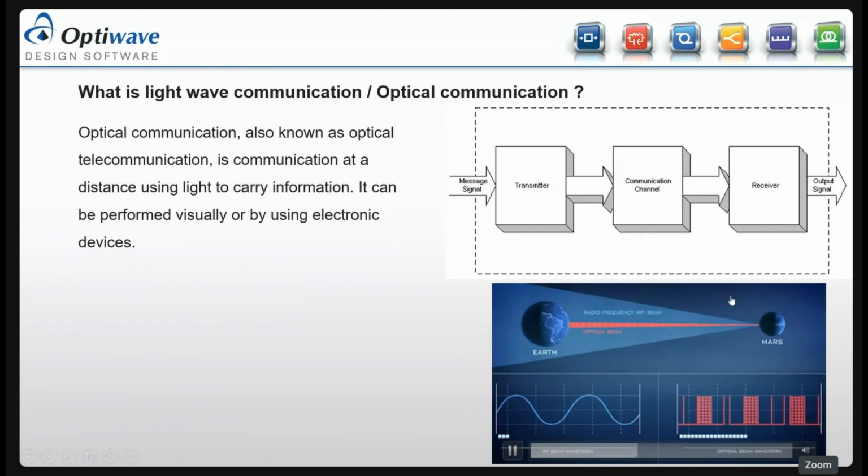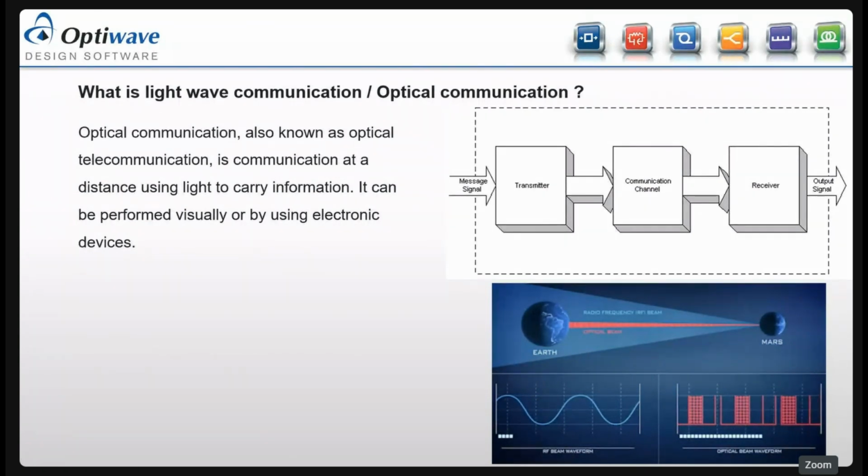Now, for example, below is a GIF of a communication between Earth and Mars. Mars and Earth are communicating with each other, meaning we have transmitters and receivers available on both Earth and Mars. The medium this communication is using is radio frequency, RF, or you can say RF over optical communication. Both points, point A and B, that is Earth and Mars, have their respective transmitters and